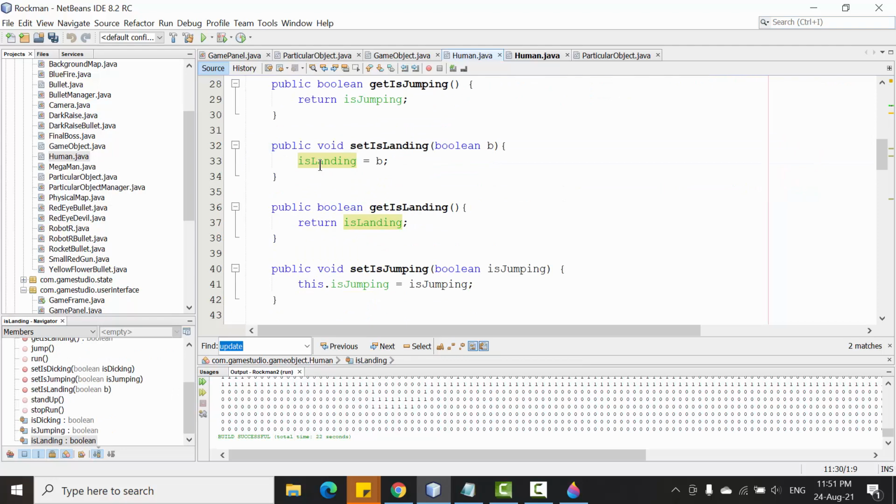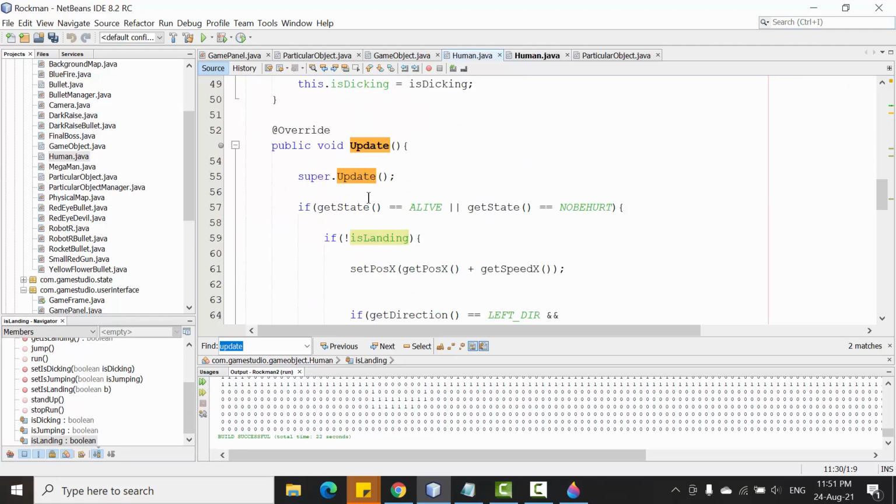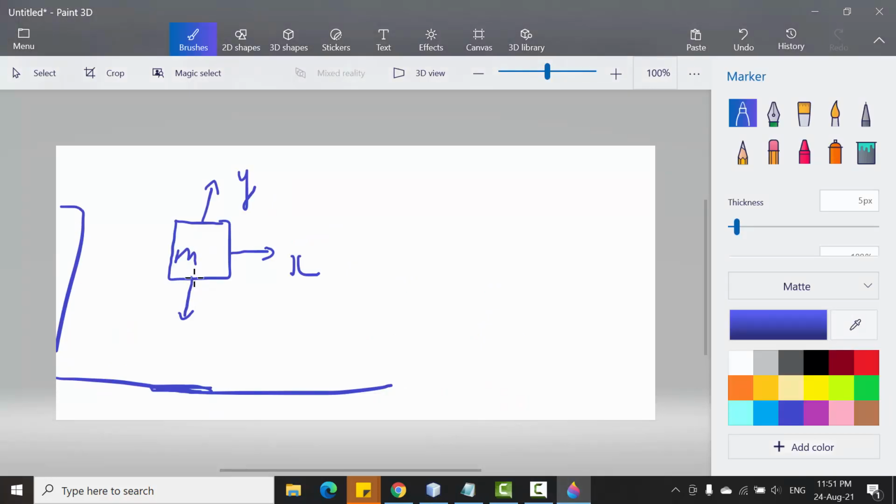So what is this property mean? This property represents the standard of the Megaman or something like that. When the object is jumping and then is landing down, and we have a little time, a short of time that